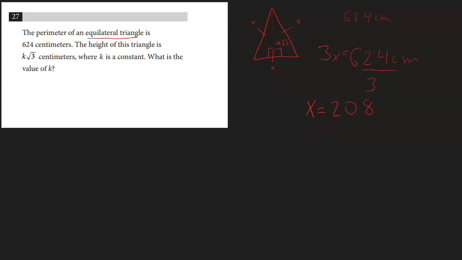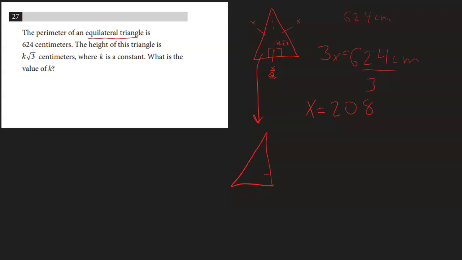So now knowing these x's mean 208, what I see is a hint that we should go ahead and use one of these right triangles. And the reason I'm saying that is because right triangle is the only triangle we can make a ton of assumptions about because they're all the same. So let's go ahead and draw it. And seeing that this is the height, we've actually split this side into 2. So if I were to take this triangle and move it over here, we would find it as